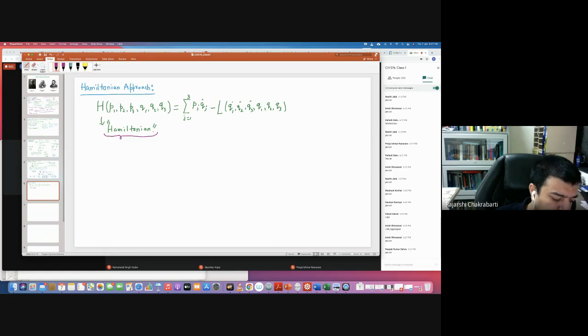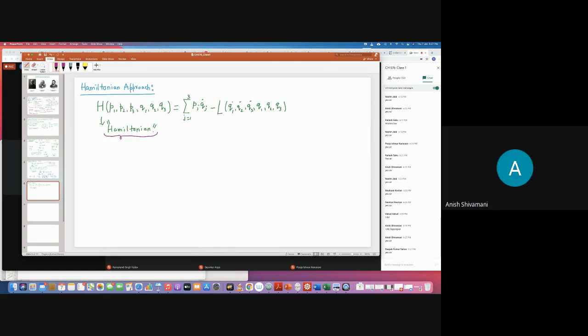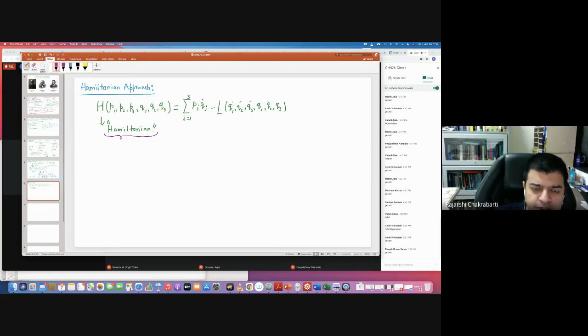Is there any question about the physical significance of this, or are we getting there? We'll do it in the next class. So what I have done is something called the Legendre transformation. The Hamiltonian and the Lagrangian are related to each other by a transformation. I'll talk about it later, so for the time being, take it for granted.